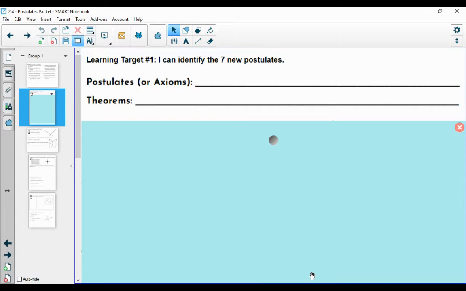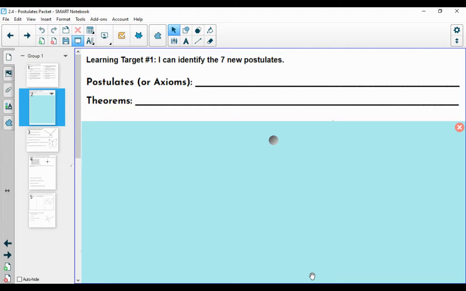Welcome to the first lesson in chapter 2. In this chapter, we'll be dealing with geometric proofs. So we're going to get some vocab terms and definitions in for the first couple of days before we start